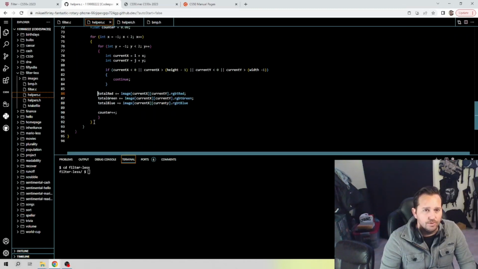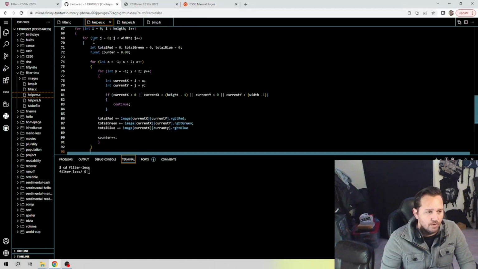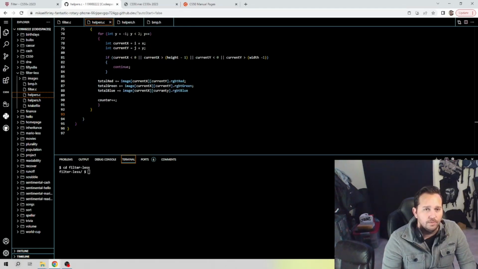And we'll close those two loops right there. Now, going back to our inner loop here, we need to set the RGB values of the current pixel in the temporary array to the average RGB values of the neighboring pixels. So now we need to go back into our temporary here. So temp[i][j].rgbtRed